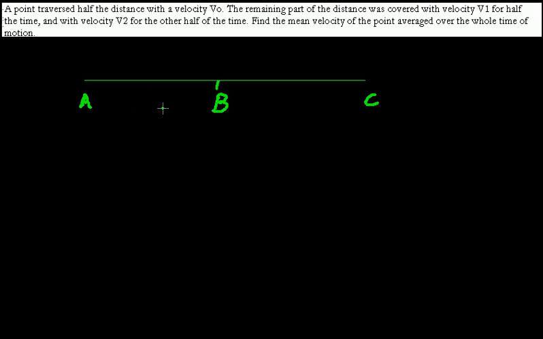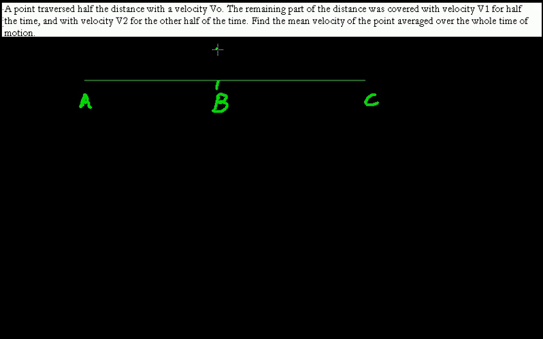Welcome to the second problem in Problems in General Physics by Irodov. The ask of the problem is to calculate the mean velocity of the point averaged over the whole time of the motion. As per the problem, half of the body travels half the distance of the total distance with a